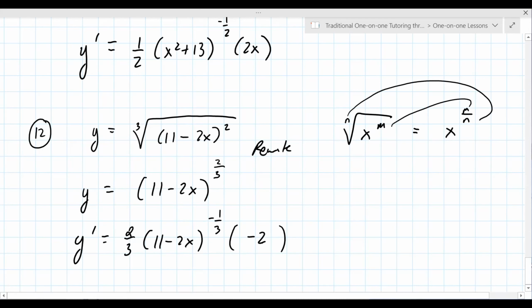Okay. I'll write this one down too, because of the rewrite. The cube root of 11 minus 2x, and square that up, and then y equals 11 minus 2x to the 2/3. Y prime equals